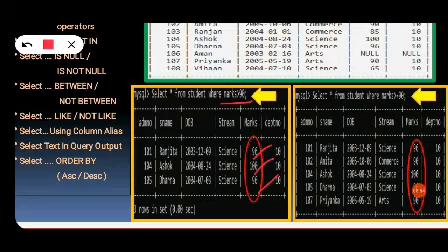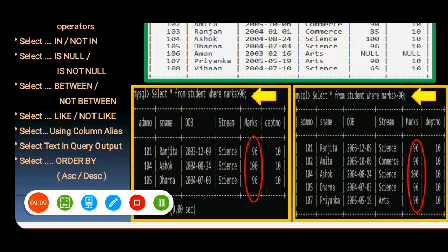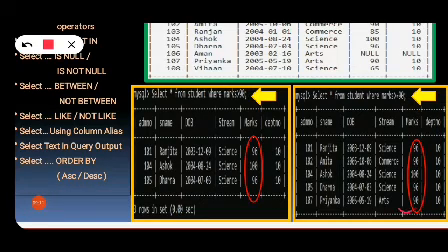And if it is marks greater than equal to 90, then again you will get it over here, marks greater than equal to 90 as highlighted over here. I hope this is clear to all of you.